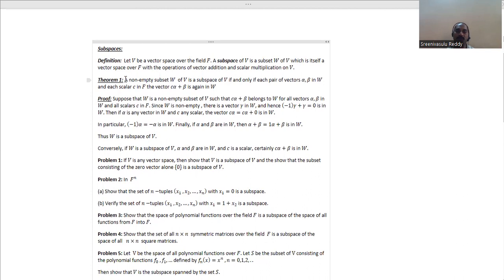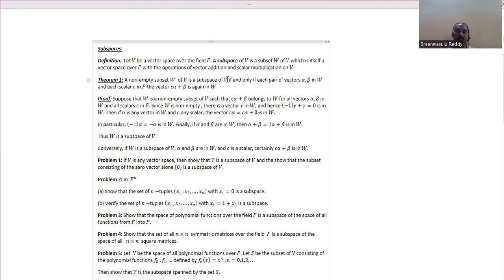Vector space means, with respect to addition, an abelian group, with scalar multiplication and the other four properties. This is the theorem. You just remember the statement of the theorem only. No need to learn the proof, though I provide the proof also. Most of the problems are proved by using this theorem statement only. A non-empty subset W of V, where W of V means W is a subset of or equal to V,